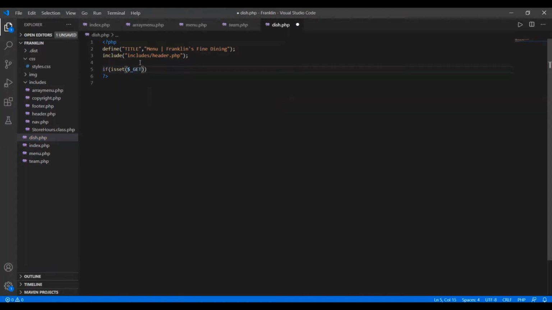Now what is this $_GET? It is a superglobal of PHP which collects the data submitted using a form that we have created in HTML with the GET method, or it is also used to collect data sent in the form of a URL.